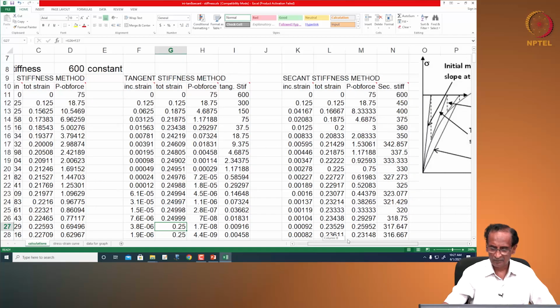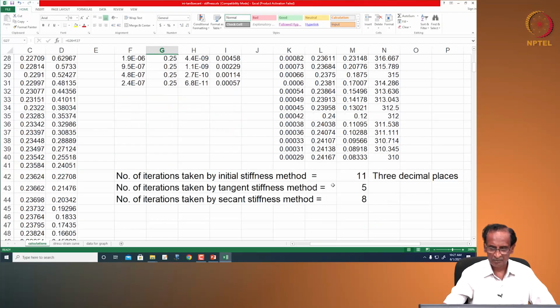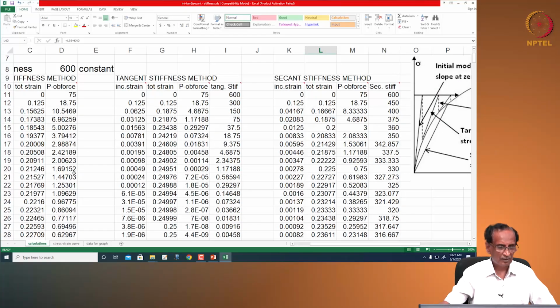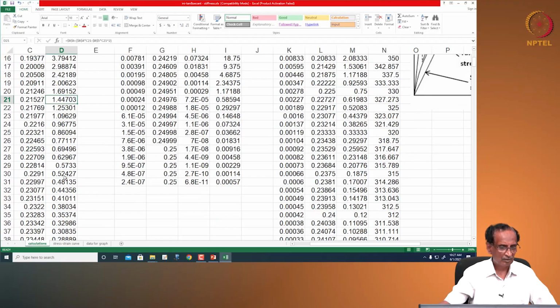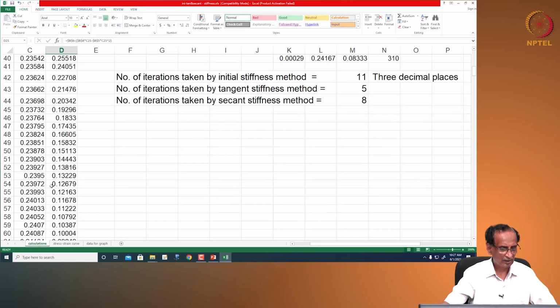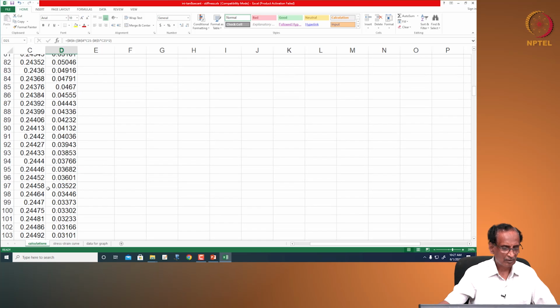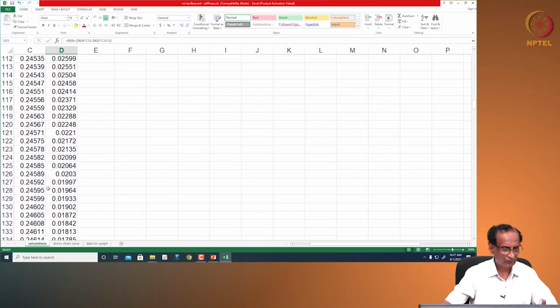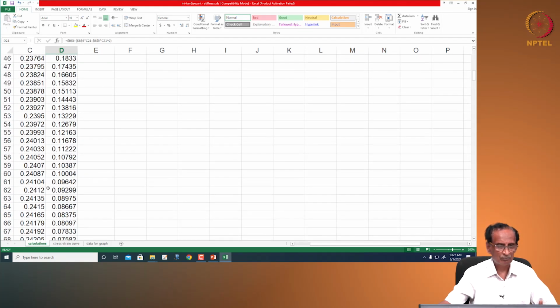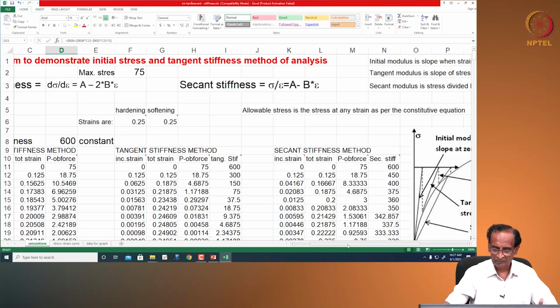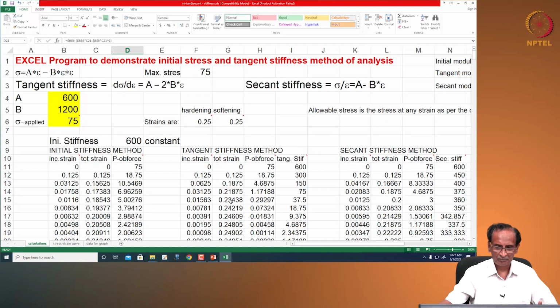And with the secant stiffness, we see that even after about 35 cycles, it has not reached the 0.25, and with the initial stiffness also, it takes a very large number of iterations to get that 0.25. In fact, that we have seen earlier, we did not reach. Okay, so depending on the